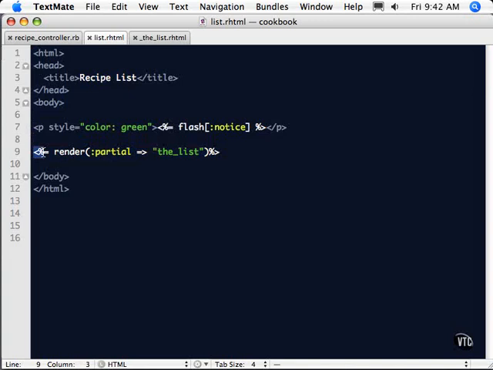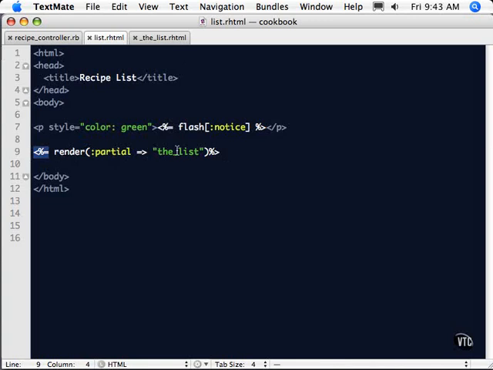This specific symbol right here, you've got an opening and closing one, is embedded Ruby. So the little bracket, %, and I'll talk about the equal sign. But this actually is Ruby code that gets rendered by the controller, by Rails, and then whatever HTML gets generated gets put out to your browser. So in this case, this is a render command, and it's going to render another view, a partial view, called